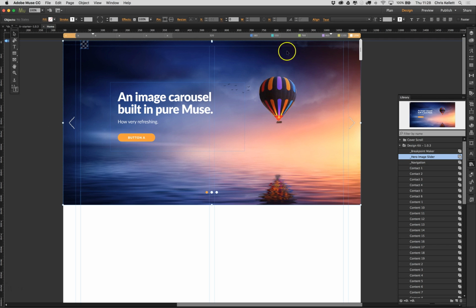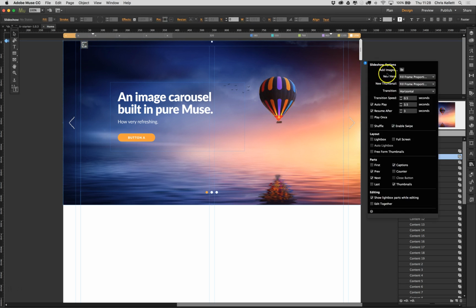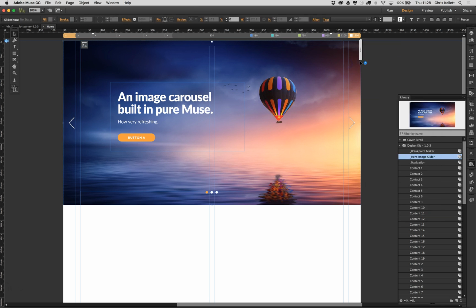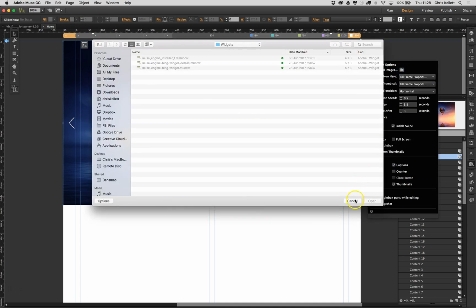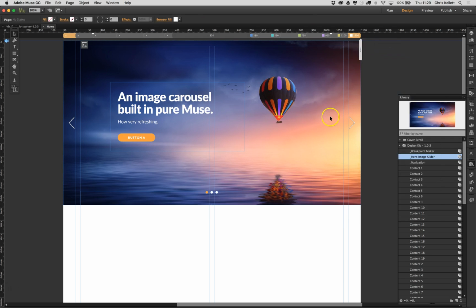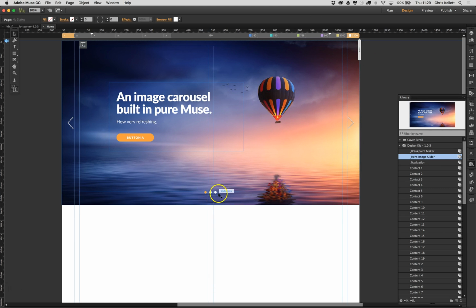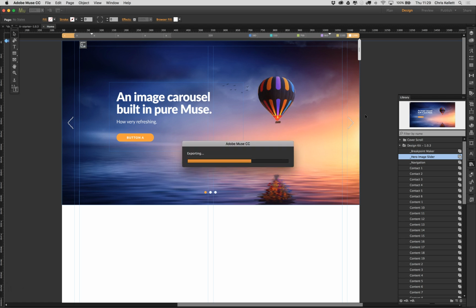Now this image slider is pure Muse widget with an addition of a widget that we've written just to give it some more functionality. So this slider, as you can see, just uses a slideshow, so you can add as many images as you wish using the image loader here, and you can modify every single part of this because this is built into Muse. We have these nice navigation dots here. We have a left and right navigation, next and previous, and if we just preview this in the browser,